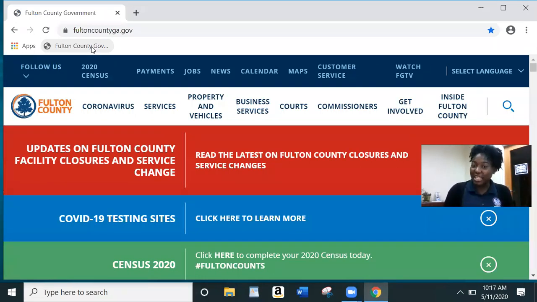You didn't have to type it in Google to find the website. All you did was click on that bookmark and it took you straight to the website. Okay, so once again, any website that you frequently go on and you don't want to keep on typing every time you go to search it, that is what you will do. All right, now